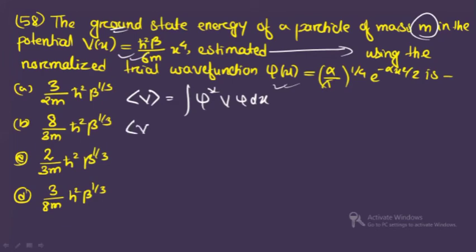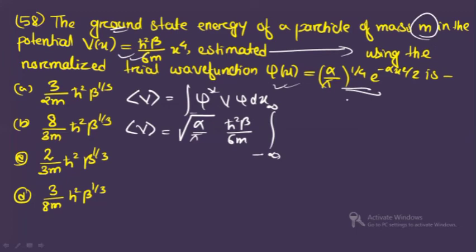Alright. So from here, if you see the average of V, there is no imaginary term, so psi star and psi both will be same. And this term, alpha by pi whole to the power 4, this is a constant term. When it comes outside, you will have 2 times, so you will have what? Root over alpha by pi, because it is 1 by 4, 1 by 4 plus 1 by 4 will give you 1 by 2. So that is root over. Clear? And here in V, the constant term is what? H cut square beta by 6m. So I'm taking this h cut square beta by 6m constant term outside, right? Integration limit is what? In this case, the integration limit is minus infinity to plus infinity.